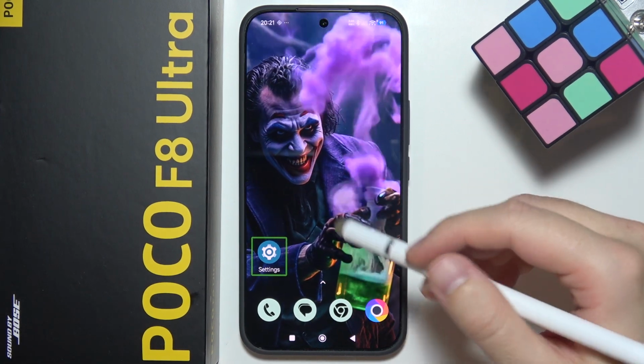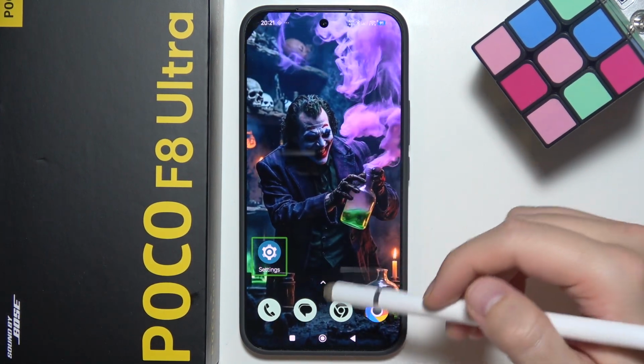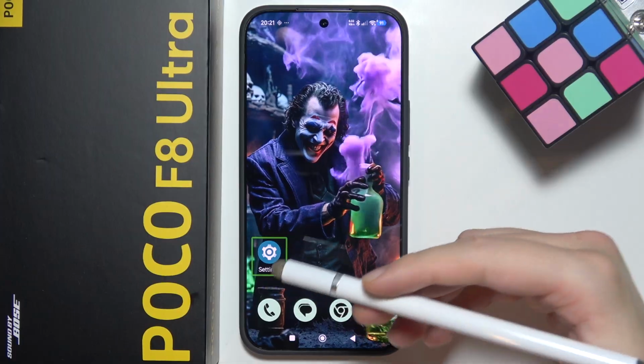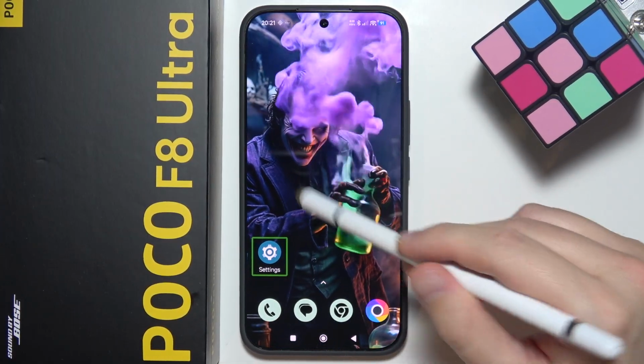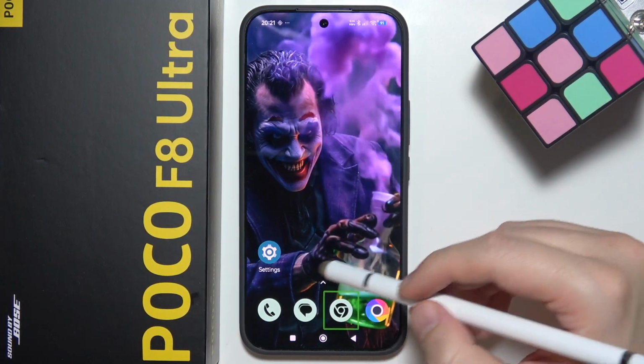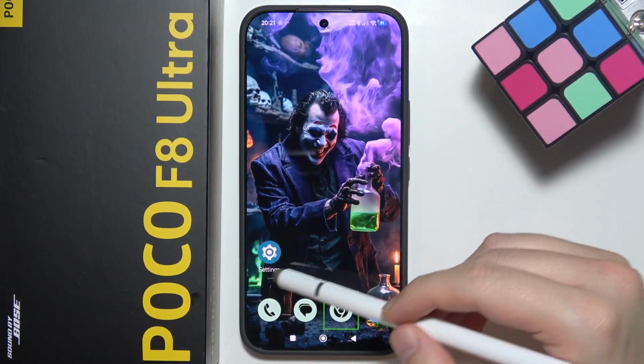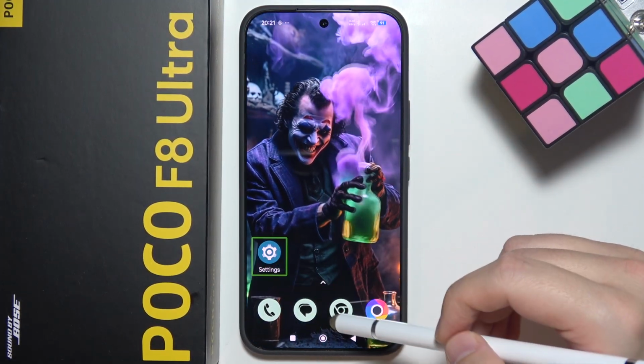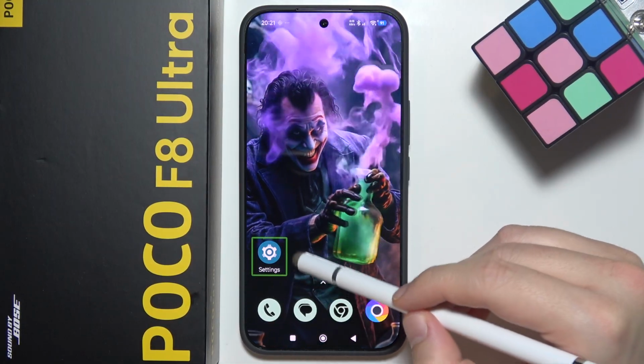To turn off TalkBack on Poco F8 Ultra, first of all, you have to start by opening the settings. If you don't know how to navigate in TalkBack, for example, you are trying to open something and it is not basically opening. So first of all, to open the settings, you have to click on it. When you get this green frame